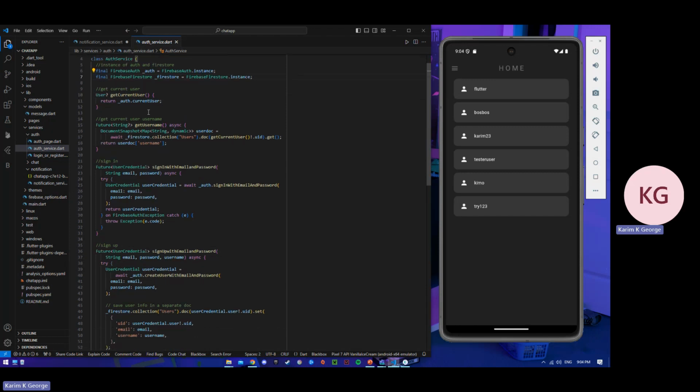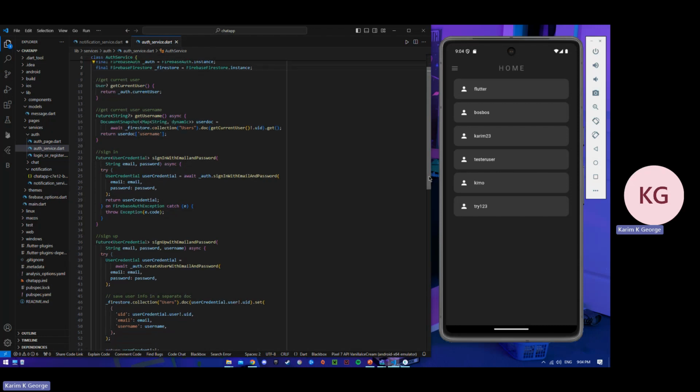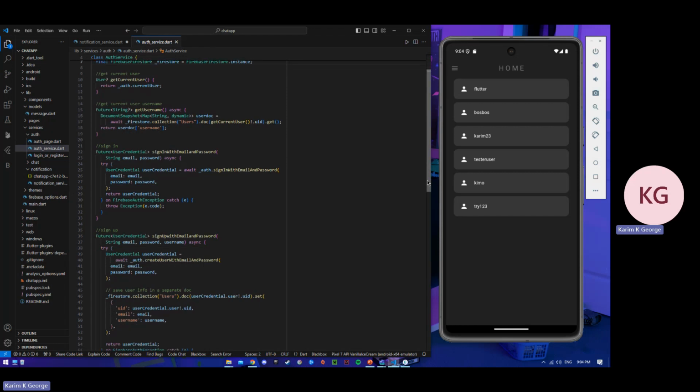I also have the get username, which uses the user document returned from the collection users, and using the user ID, I get this document and return the username